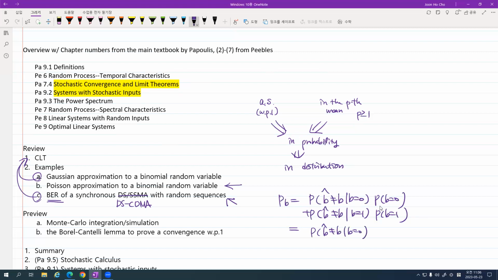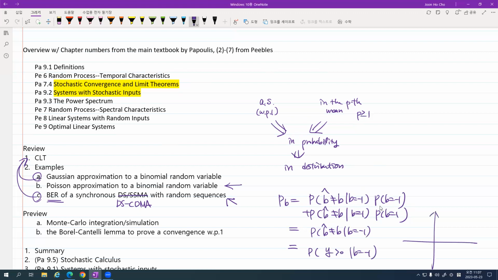And you know that after some assumption about our receiver, this is the same as your observation is, for example, if you map b equals 0 to some, okay, I'd better not use that. Let me use -1 and +1. That's straightforward. Okay. So let me use -1, +1. In that case, -1. So something like this.